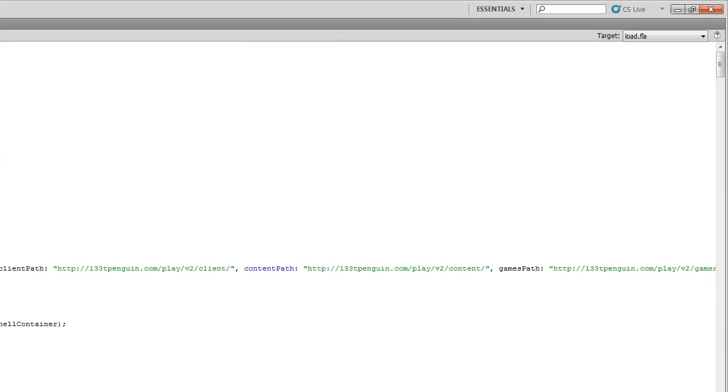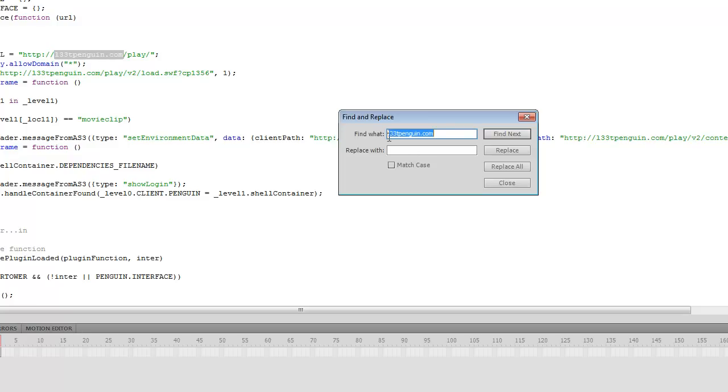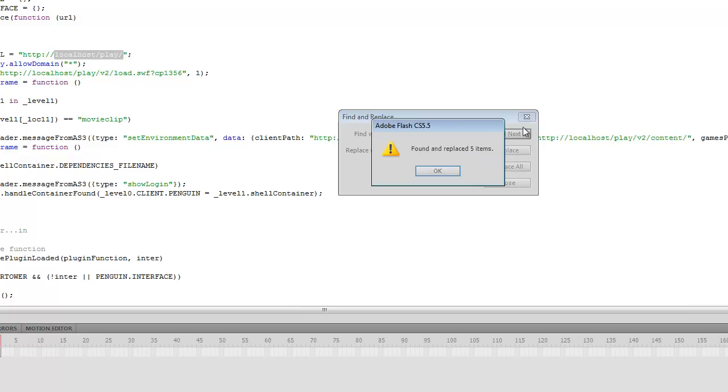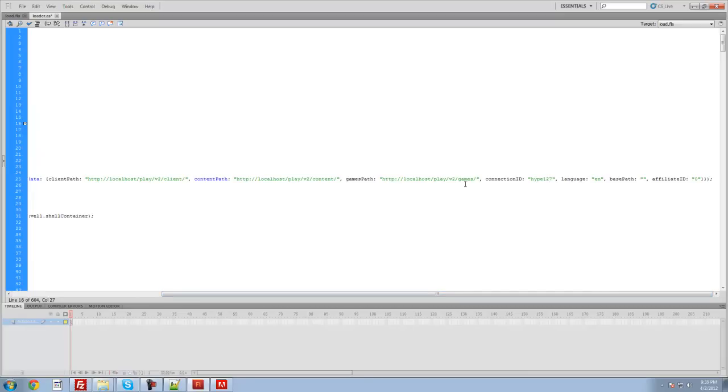Alright. This underscore global.base URL is basically where your files are located. Since I downloaded this from my server, it was Leet Penguin, but I'm going to enter in localhost into there. Highlight it, Control F, replace with localhost. Replace all. Found and replaced 6 items. Okay. You barely have to edit any of these, but if anything,